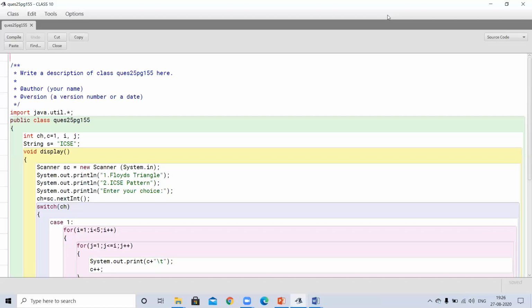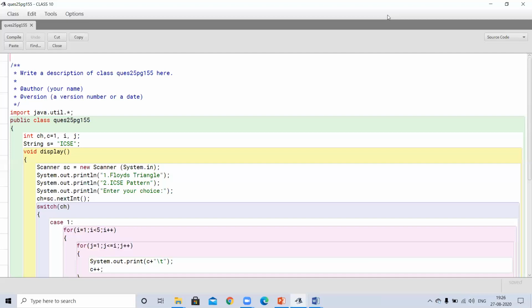In the first line you have to print only I, then in the second line IC, then in the third line ICS, and in the fourth line complete ICSE. And for an incorrect option we have to give an appropriate error message. If the user gives any other choice rather than these two cases, then he or she should get an error message.